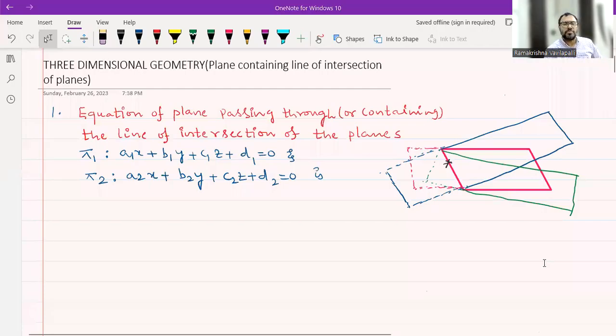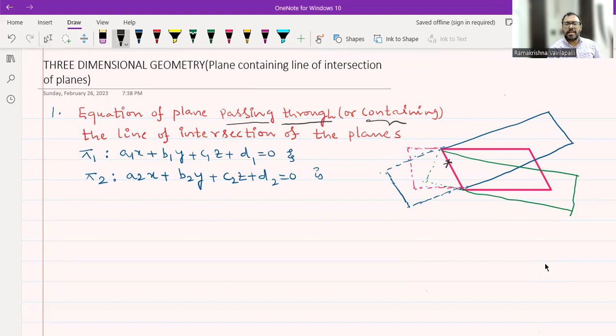Here is our concept. The equation of a plane passing through, or they can say containing, the line of intersection of the planes pi1: a1x plus b1y plus c1z plus d1 equal to 0 and pi2: a2x plus b2y plus c2z plus d2 equal to 0 is pi1 plus lambda into pi2 equal to 0, where lambda is any parameter,